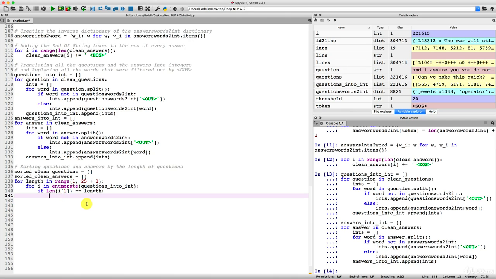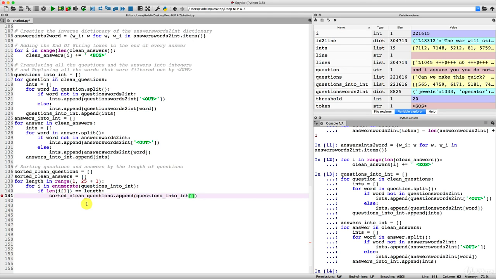All right, so we take our sorted_clean_questions list, and to this list we append that question that has the length 1. All right, and how can we get this question? Well, we take our questions_into_int huge list, and then to catch this question, we need to catch it by taking the index of the question we're dealing with right now.